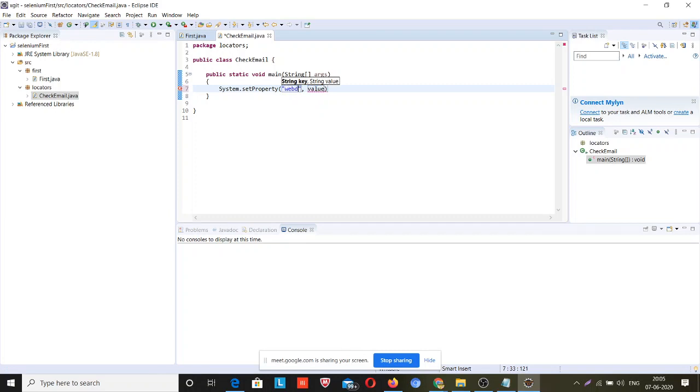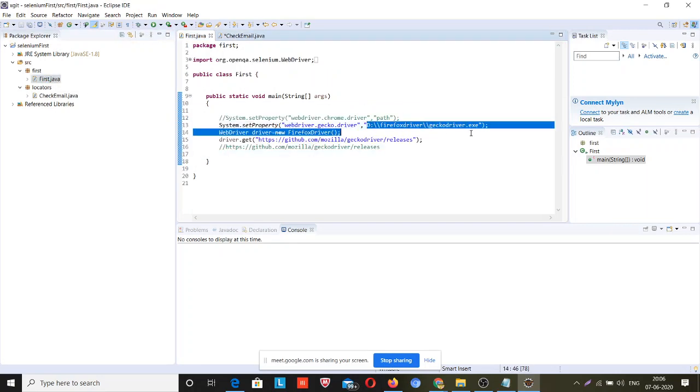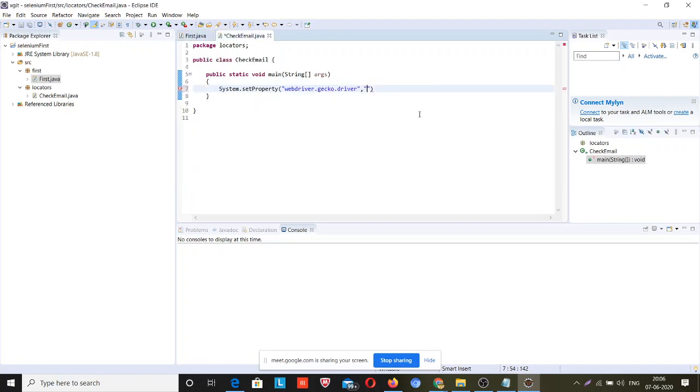webdriver.gecko.driver, and I will pass the path over here where my driver is in my machine. I have it in this location, so I will copy and paste.